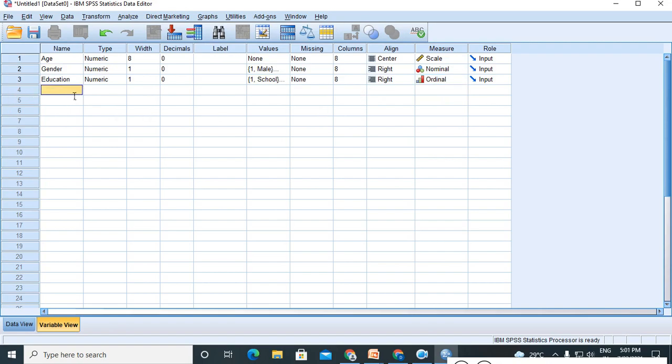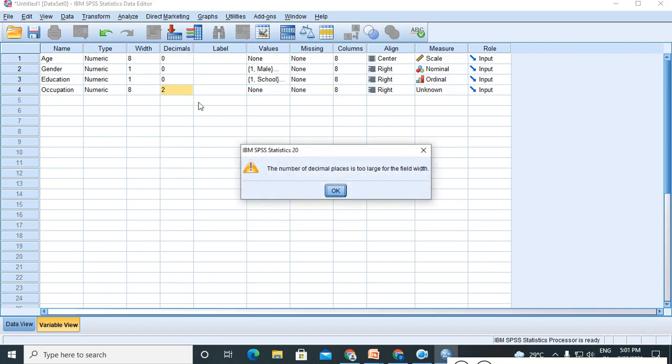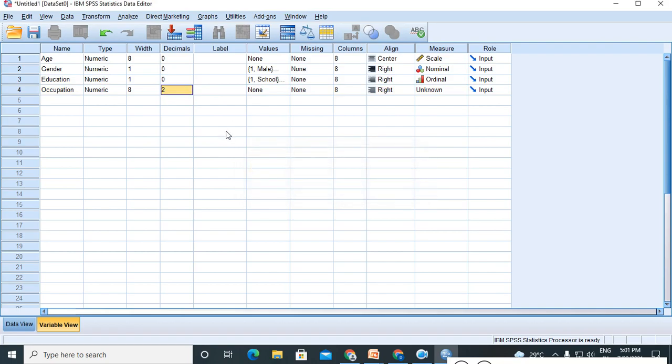And occupation, it is numeric. Here, give 1. Decimal places, it is enough if you give 0. Then occupation is nominal.